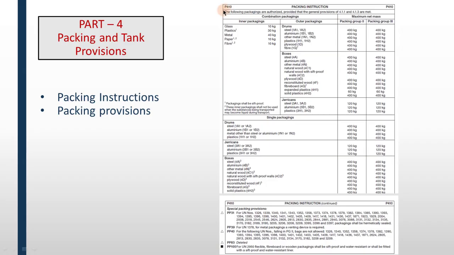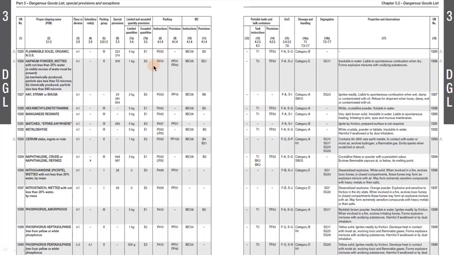So I found this packing instruction code P410 in part 4 of the IMDG code, and also special packing provisions PP31 and PP40 are listed here. So it is as simple as that. You are given a code here, and it has been told where to find this code.